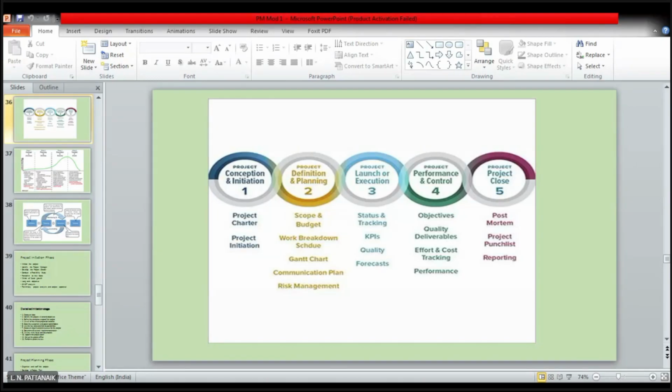The first one is mentioned as project conception and initiation. Right? So as you know, the initiation stage, or the initial stage, is also at a conceptual level, when the idea is conceived. I told you, maybe in a boardroom or in a brainstorming meeting among all the policymakers, somewhere this concept is developed and the idea is conceived and people start thinking on this. So that is the first stage, the project conception and initiation.